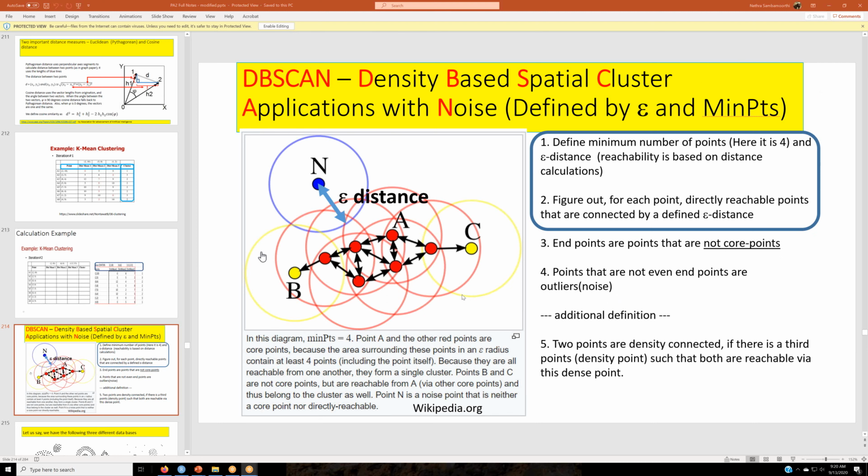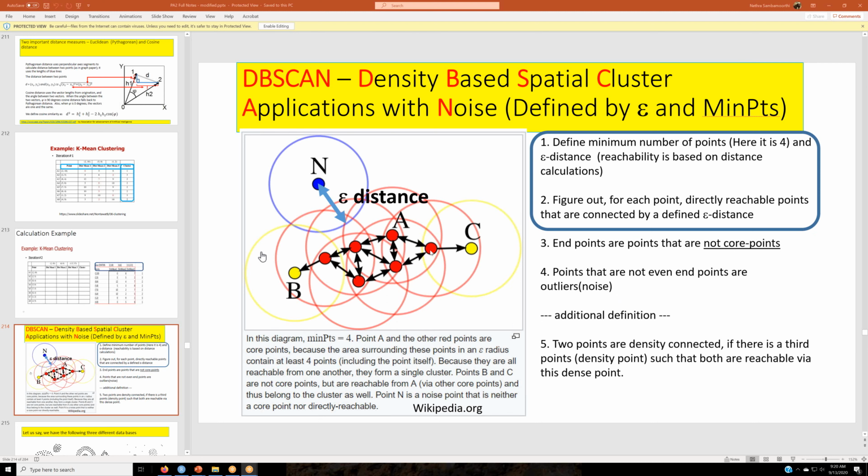But it should have at least 1 point. It may not have 4 points, but it should have at least 1. If it has no points at all, there is no point other than that point itself. Such points are called noise points. Is that clear to you? That is the definition of noise versus boundary points. Boundary points will contain at least 1, but will not contain 4 points. Is that clear? A point whose circle contains 4 points around it